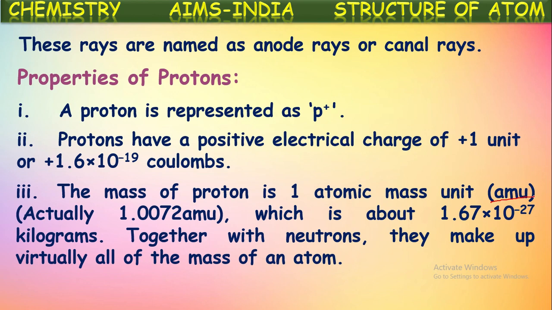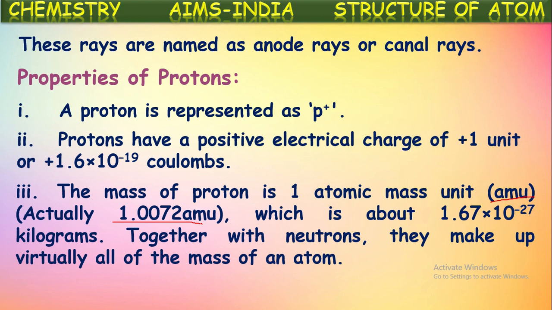But actually it is not exactly 1 AMU, it is equal to 1.0072 AMU. This is the mass of one proton, which is about 1.67 into 10 to the power of minus 27